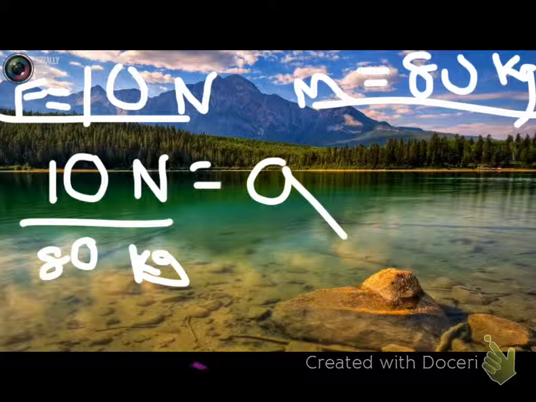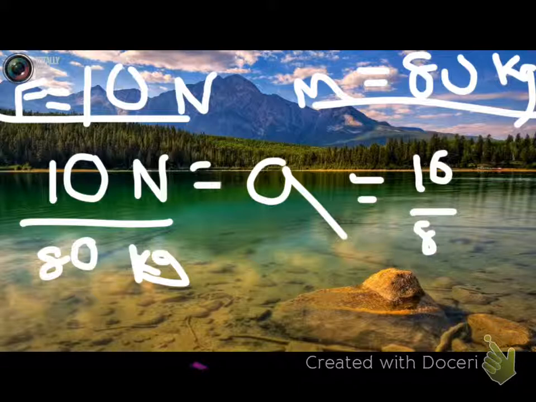So we know now that A, this acceleration, is equal to 10 newtons of force divided by 80 kilograms of mass. From there, you can plug that into your calculator and see that 10 divided by 80, if we simplify that, is equal to 1/8, and that's also equal to